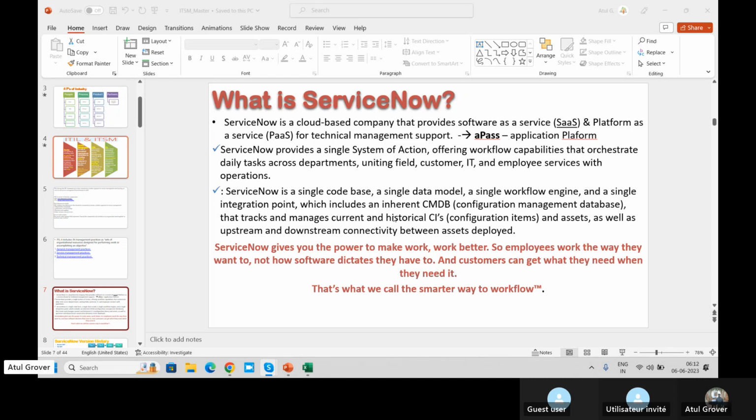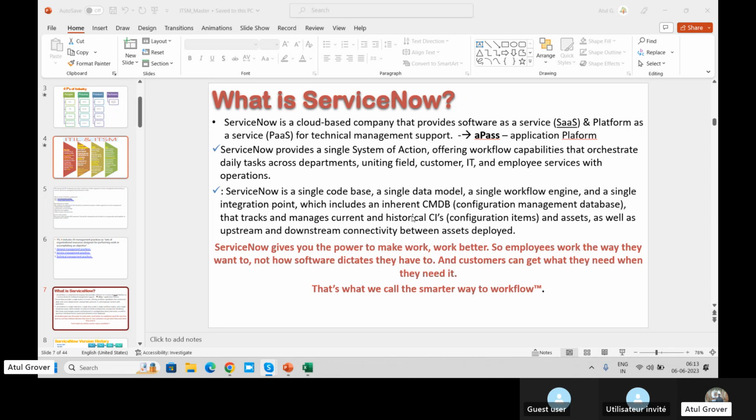Okay. Also, we have a CMDB, and now we are coming with a CSDM as well. CMDB means how to store your configuration items. What is a configuration item? It is a component that provides services to you or to your customer.